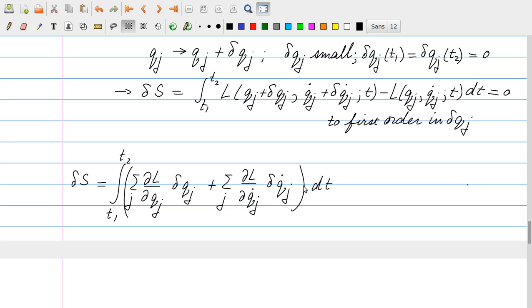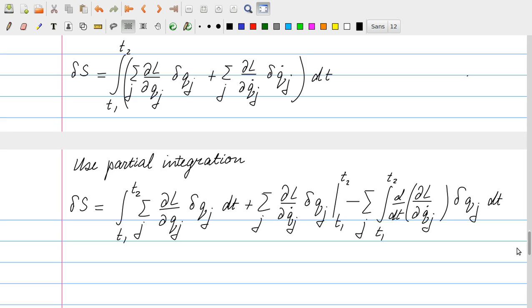And now we should realize that all these delta Q's are small but arbitrary, and it would be convenient to have only a delta QJ in both terms, but here we have a delta Q dot J. And so we would like to remove the dot from there, and we can do that using partial integration. So here we have performed the partial integration for the second term. The first term is just copied from this expression to this one. Nothing has changed there. For the second term, we want to move this time derivative towards this first term, and